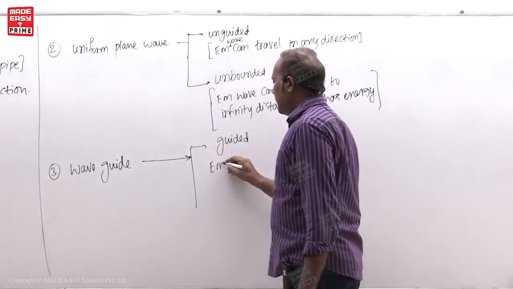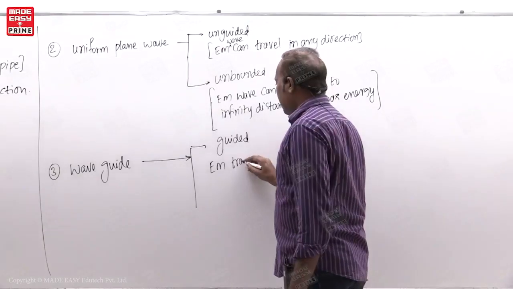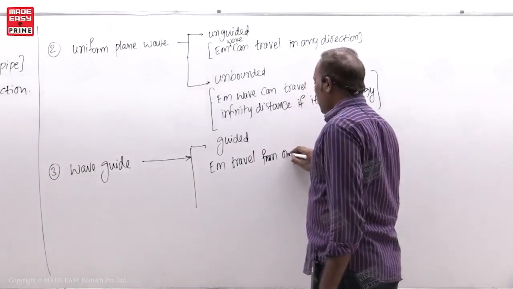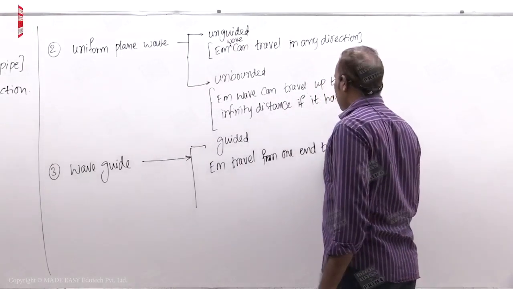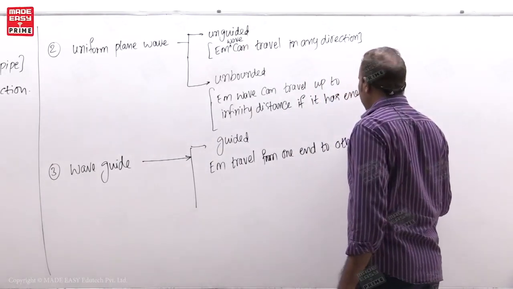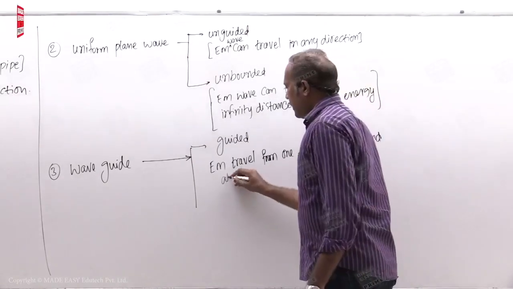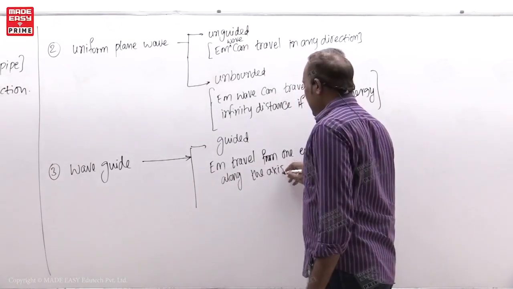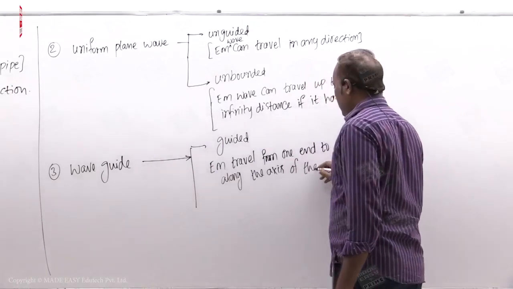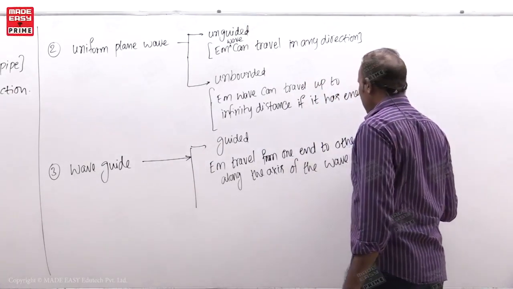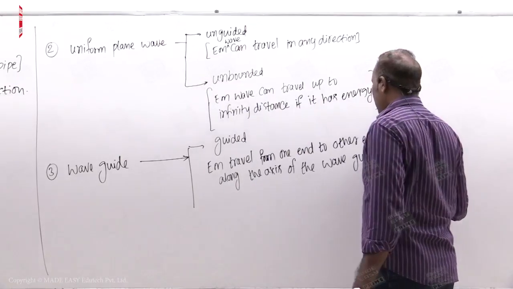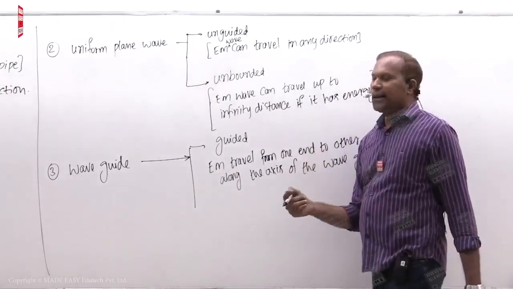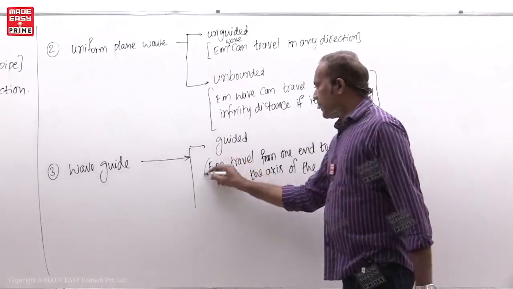That means EM wave travels from one end to other end along the axis of the waveguide. Dear students, what is the definition of axis of the waveguide? The center line of the waveguide is called axis of the waveguide. Okay, it is guided,